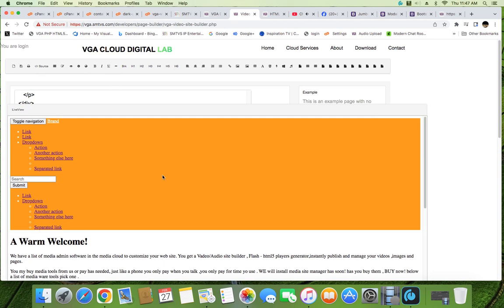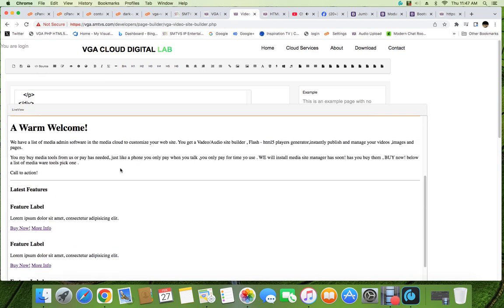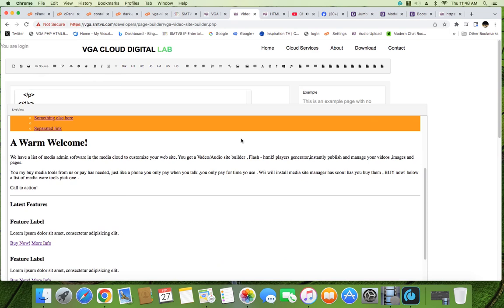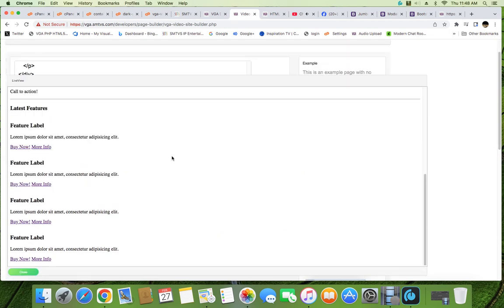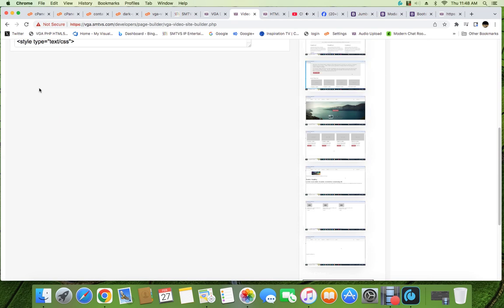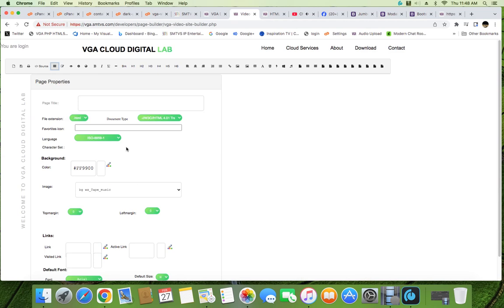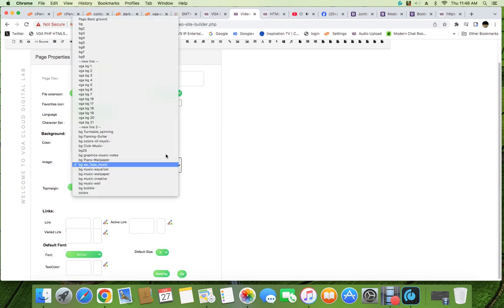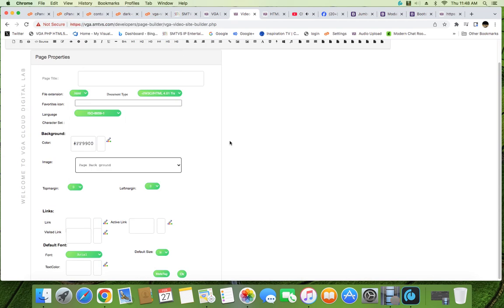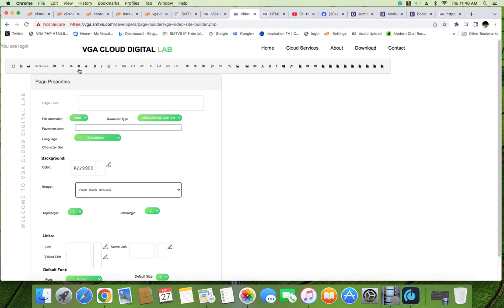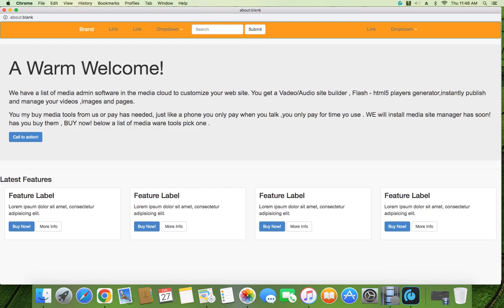Maybe I should also, let's do some stuff here. What I should do is go back to page property, go inside page property, and say we don't want to select anything, so it doesn't see the image, right? And we'll now go here and generate and look at what we're doing. So, walking through the program